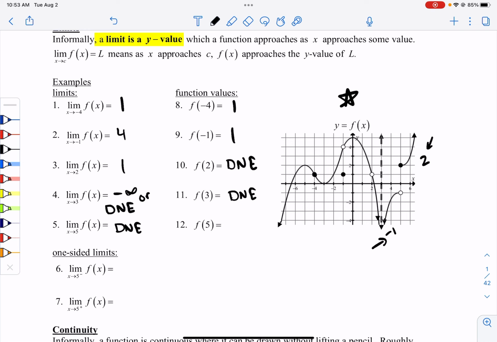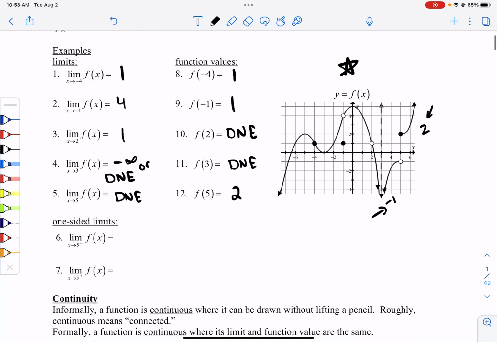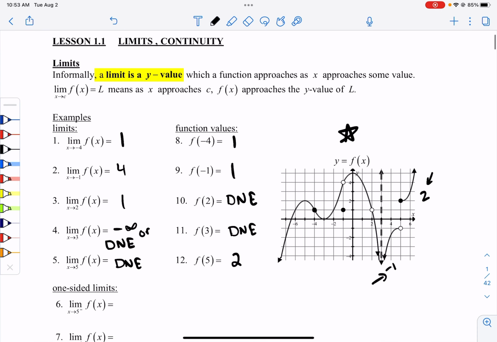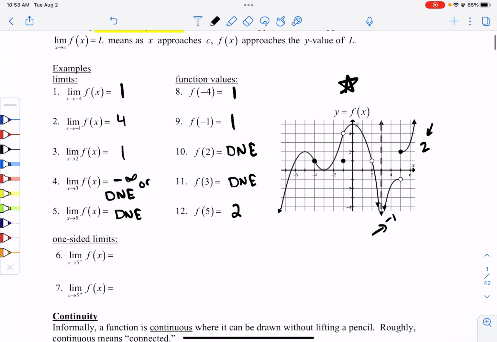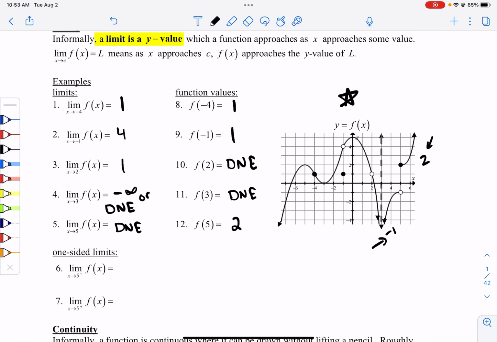At 5, f of 5, if I look at number 12, my actual value is going to be the upper number. It's going to be 2. That's what that black dot means, right? But I don't approach it from the left and the right. And this gets us into something called one-sided limits, okay? Because there's another part of this definition, and I don't know why this textbook doesn't use it earlier, but something that you just learned is that the limit can't just approach a number, it has to approach the same number